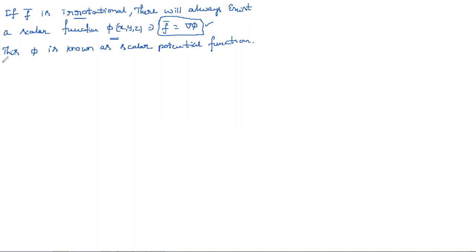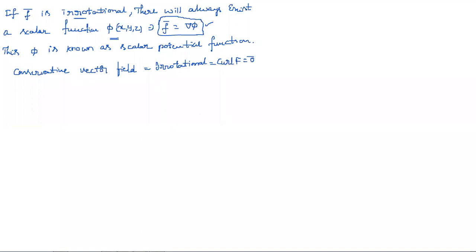And conservative vector fields are irrotational. Both are the same. So another name for irrotational is conservative vector field. And for solenoidal, we said conservation of mass. And here we are saying conservative vector field is nothing but irrotational. So irrotational or conservative vector field, both are the same, and this is nothing but curl f is equal to 0. So this we need to know.